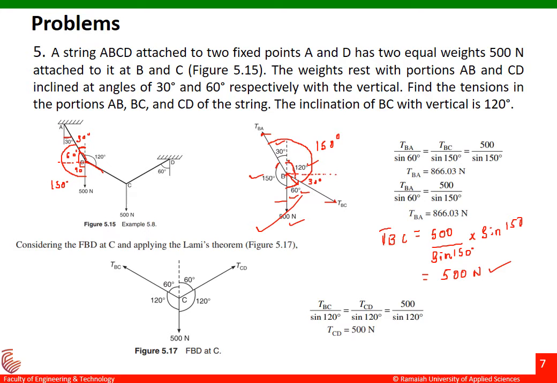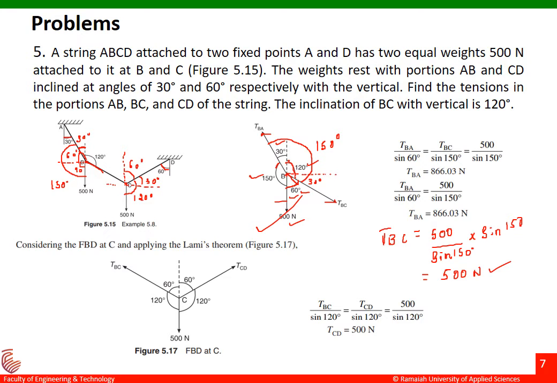Let us go for the free body diagram at point C here. That is at point C. Let us draw the free body diagram first here and then we'll go for the calculations. Now this is my 60 degrees. If this is 60 degrees, I'll just draw a vertical line here. This will also be 60 degrees. And then I'll draw one more line to the horizontal here, and then this will be 30 degrees. If this is 30 degrees, the total angle would be 90 plus 30, it is 120 degrees here.